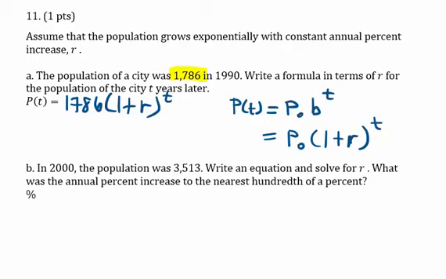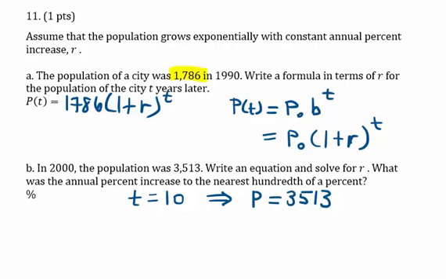And then in part B it says in 2000 the population was 3,513. Write an equation and solve for R. What was the annual percent increase? What we see happening is in 2000, which is 10 years later, so when T is 10, the population was 3,513. So what we could do is replace in the formula that we created in part A, we can substitute